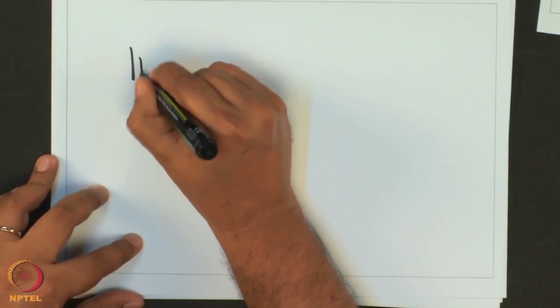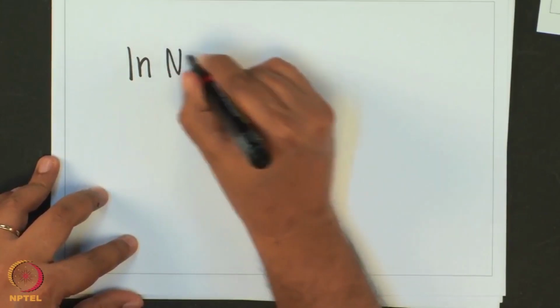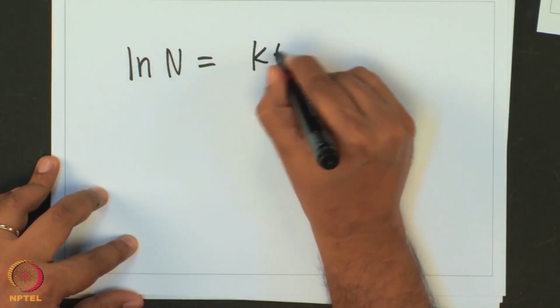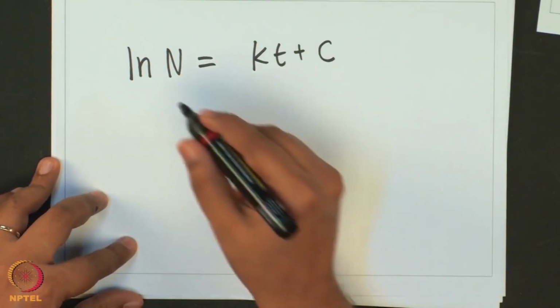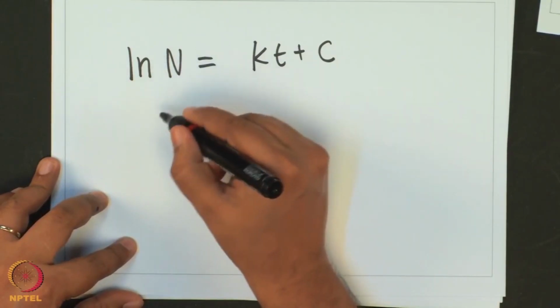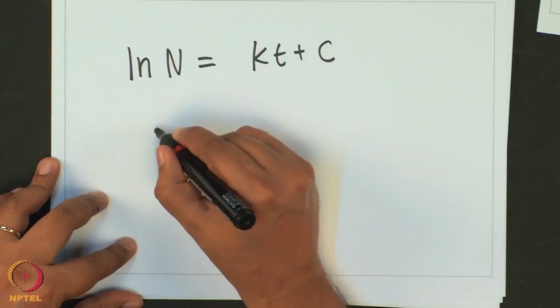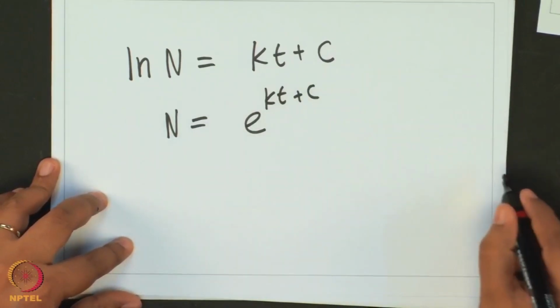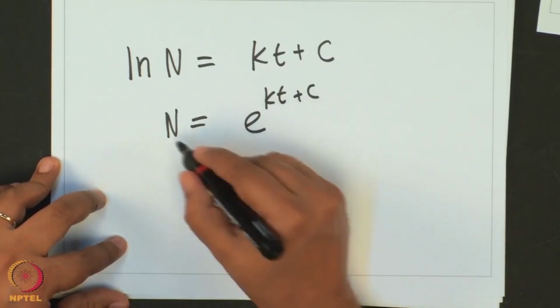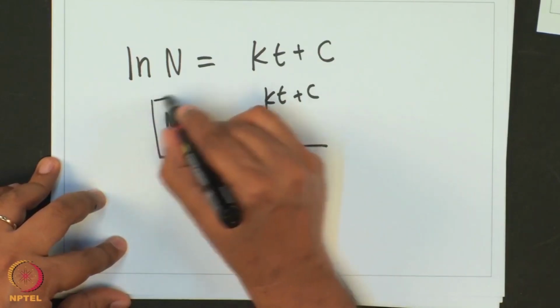So log n, which is log to the base e, is also written as ln. ln n is equal to kt plus some constant, let me write this as c. If I exponentiate this, e power ln n would be n. So n is equal to e power kt plus c. So this is my answer to this integral,